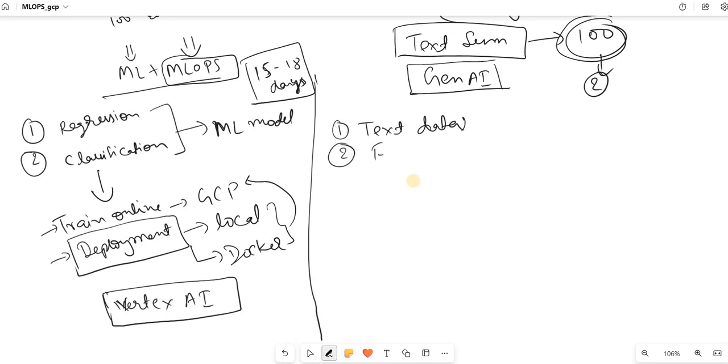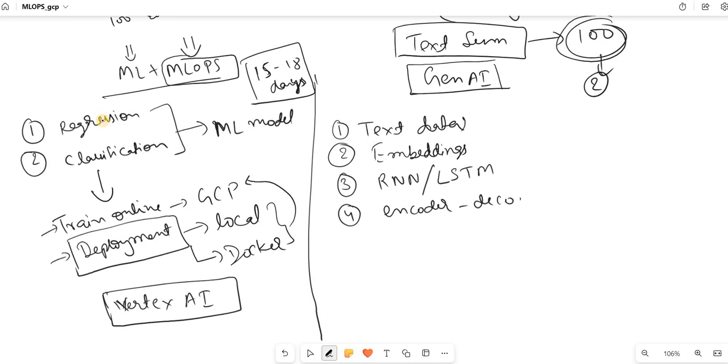For that we need to understand embeddings, how the embeddings are actually getting generated. And then we will try to understand the architecture. Next we need to understand RNN and LSTM, how exactly they work and what their merits and demerits are. And then we will have the encoder and decoder architecture. So this is the content we will cover for generative AI. And then after here we will cover